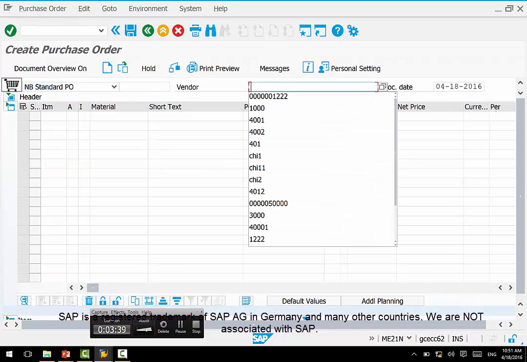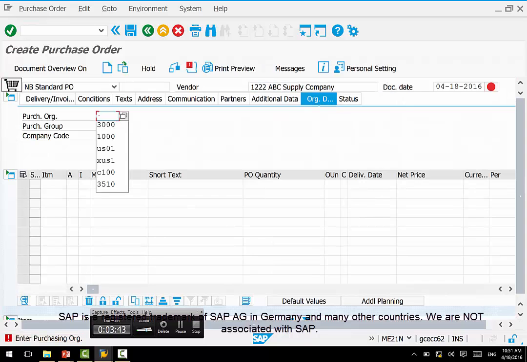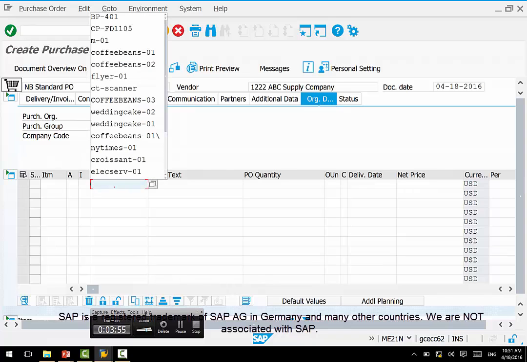Let's use the same vendor and same set of data. Same material,